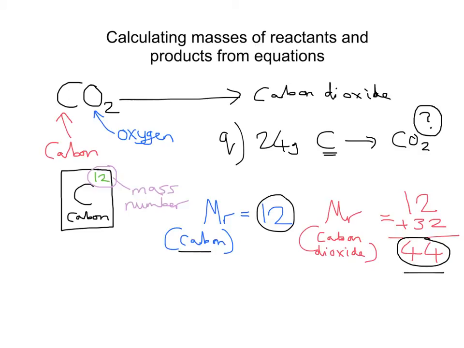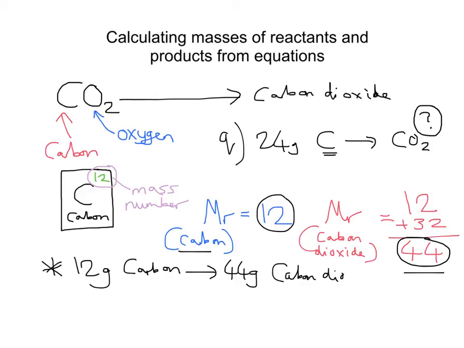And if we were to do this in grams, what it means is that every 12 grams of carbon would yield or give 44 grams of carbon dioxide. Now the original question that we looked at in this example was, imagine we were to heat